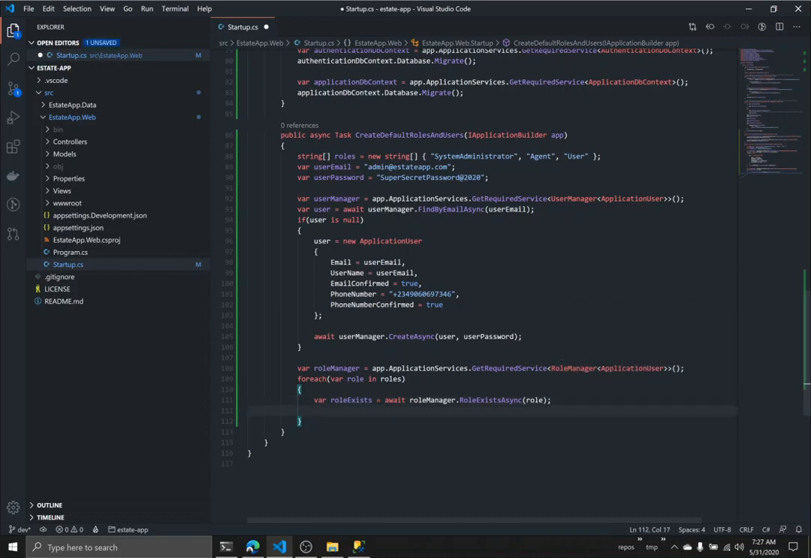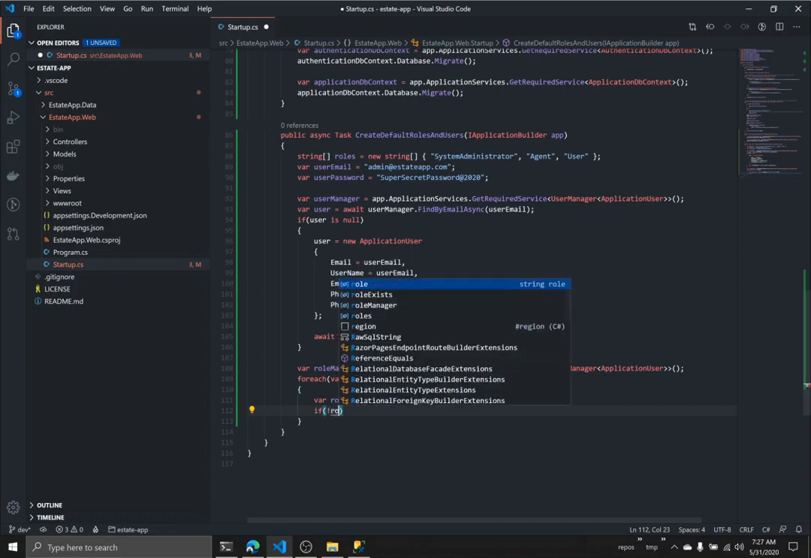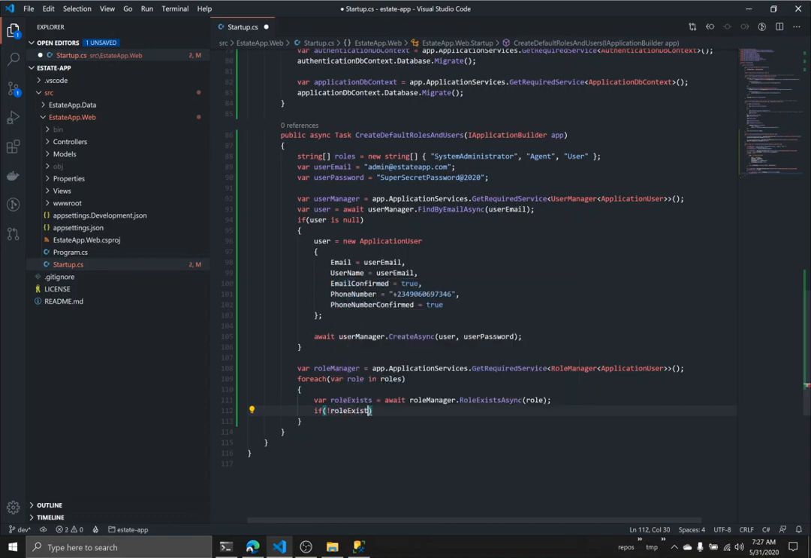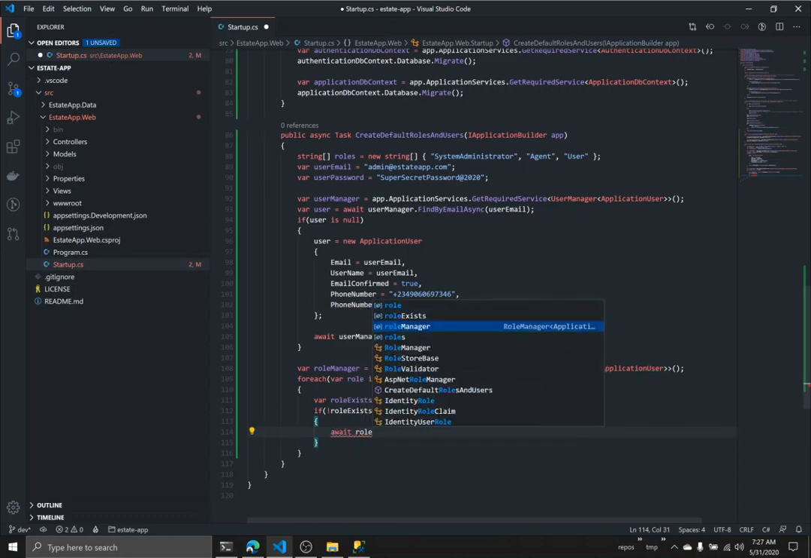If not, so I'll say if roleExists equals false. It's a rookie mistake, and this is what a lot of people would do, but instead of doing if roleExists equals false, you can just put an exclamation mark before roleExists, which means the same thing. So here I'm saying if roleExists is false, what do I want to do? I want to create the role. So I just say await roleManager dot